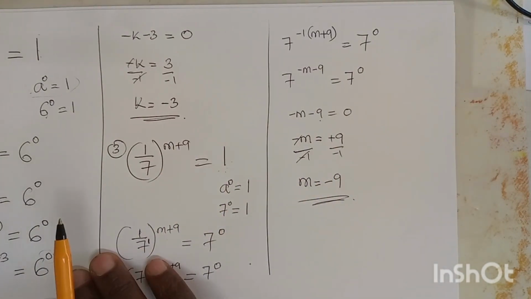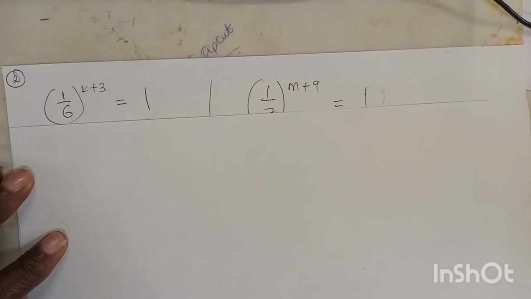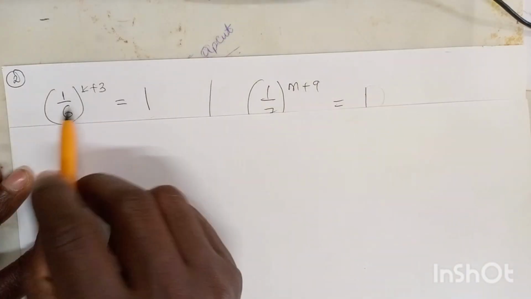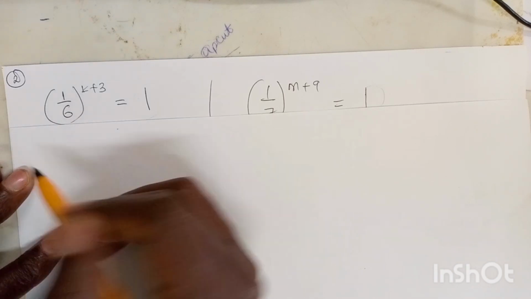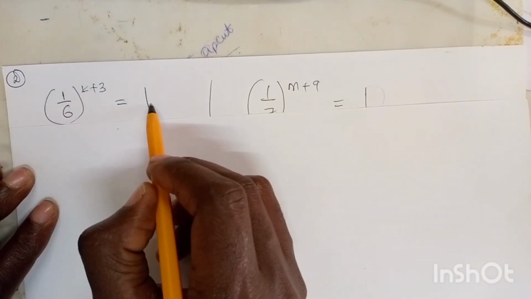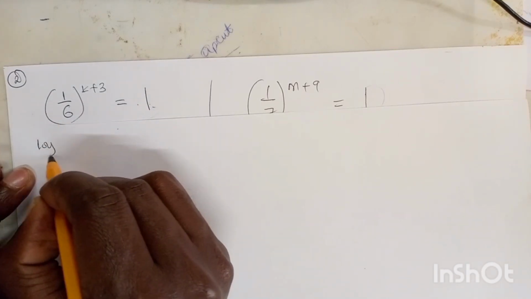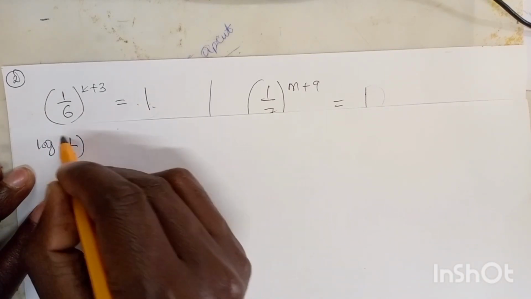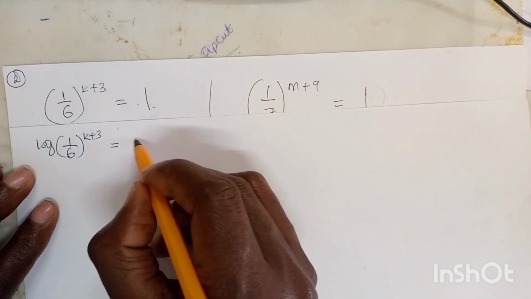Now, using the logarithm, the second method is solving this question as we've seen. Let's do it practically and see how we can get to our answer. You introduce logs on both sides, so you shall have log (1/6)^(k+3) equals log